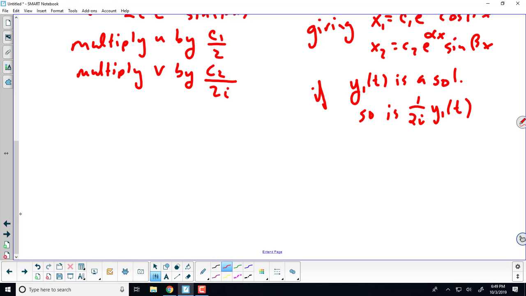Think of our vector spaces being over the complex numbers. Remember I said we had the underlying field? Usually we use R as our underlying field. But if we use C as our underlying field, then we could pick 1 over 2i as a scalar, multiply it to our solution, and it's again a solution. The book decided not to talk about that, but anyway. Okay, so as a reminder,